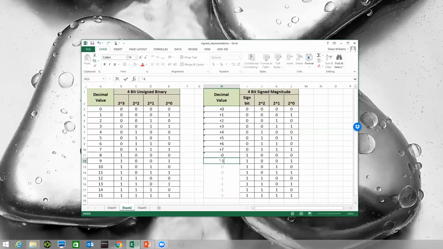And then we have negative 1. Right, and then we have negative 2. We have negative 3. Negative 4. Negative 5. Negative 6. And negative 7. All right. Once again, all we did was we looked at the magnitude of this. We said the magnitude is 1. What is the sign? The sign bit is a 1, which is negative, so this must be a negative 1. That's how we do this in sign magnitude form,